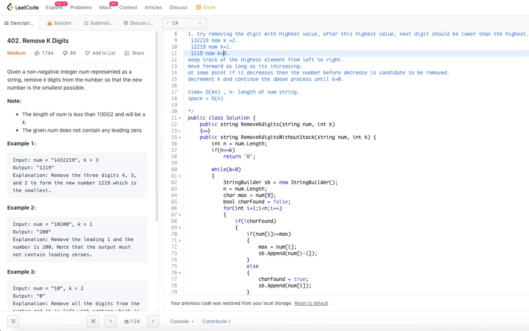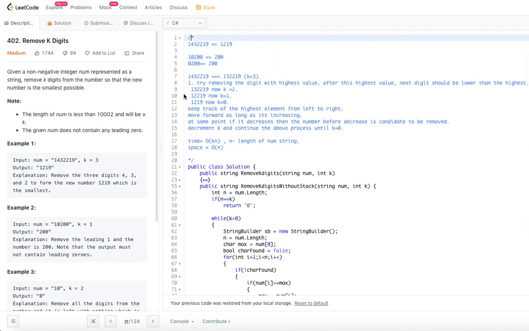Now let's try to understand what we are trying to do here. We will improvise this algorithm and convert it into a better algorithm. Every iteration we start from the first element and go for the highest element from left to right, as long as it is increasing.